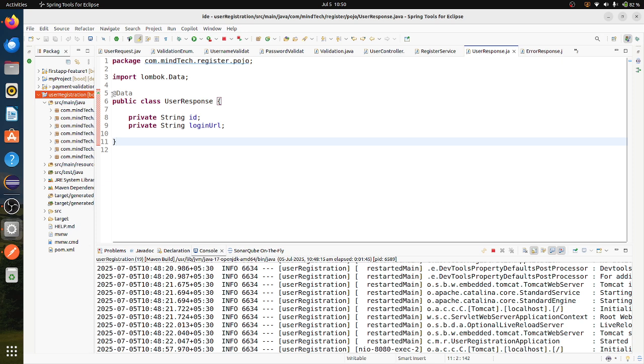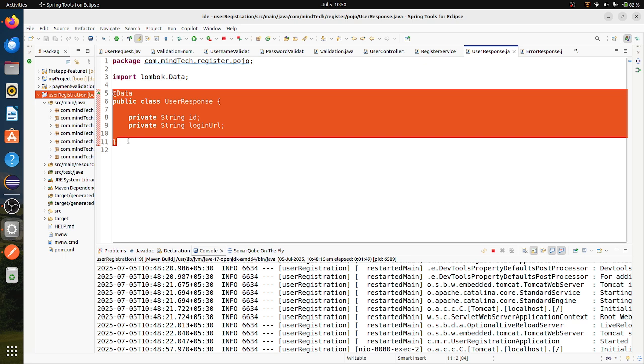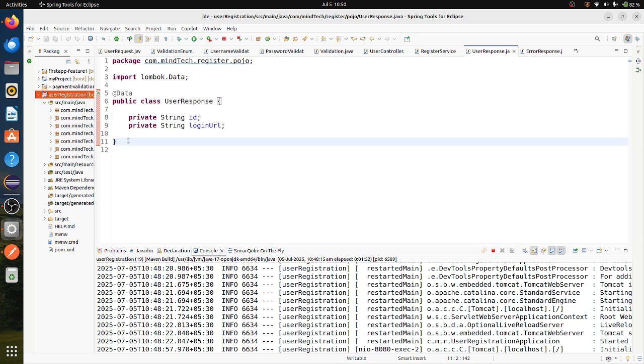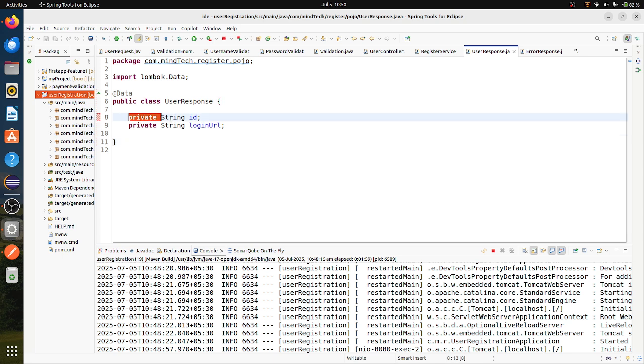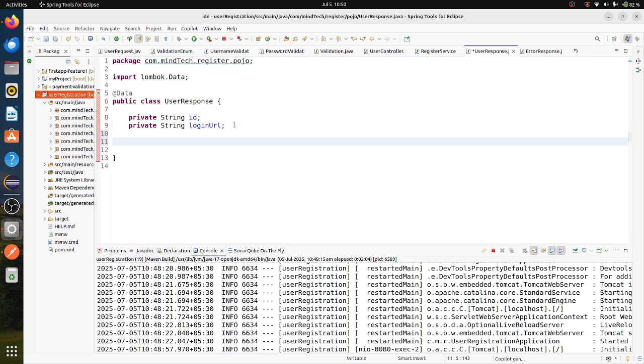Here I have the user response. When everything is fine, I am sending this user response as a successful response. But when something goes wrong, then we have to send the error response. But if you write the same values here also, for example, whenever any error comes, I want to send the error code and error message. Then he will understand neatly whatever mistake he made. So if I write something like this, error message and error code,